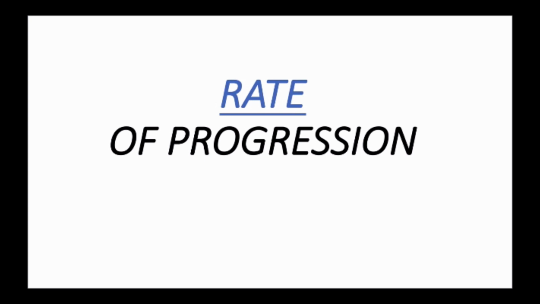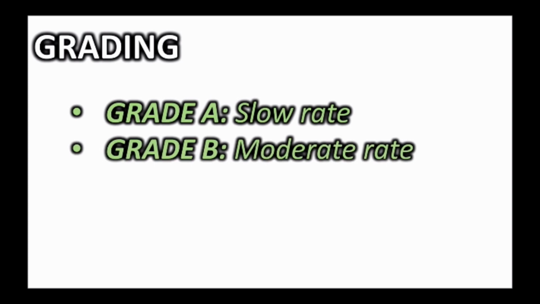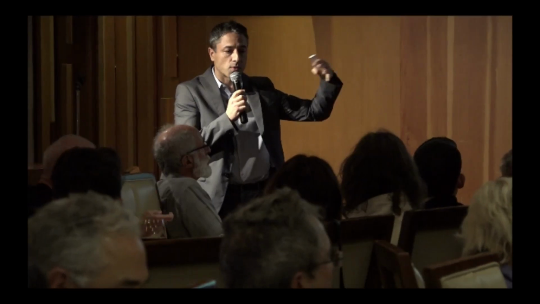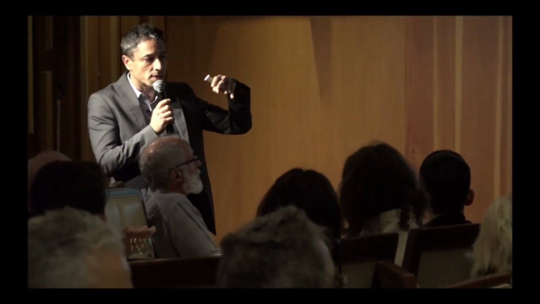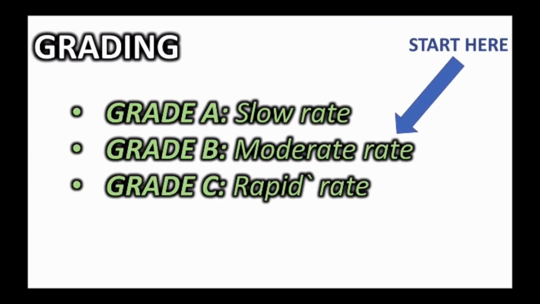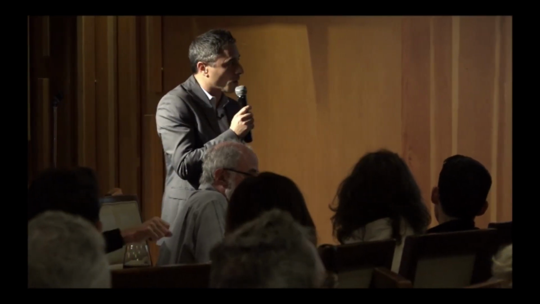So we have 3 grades, A, B, and C, and it's all about the rate of progression. Is it a slow rate of progression where bone loss and tissue loss is gradual over many years? Is it moderate or pretty rapid? What I recommend to you is start always with grade B. Grade B, these are most of our patients. Somewhere in between, mostly because we don't know. They just present to us. We don't know how long it took for the